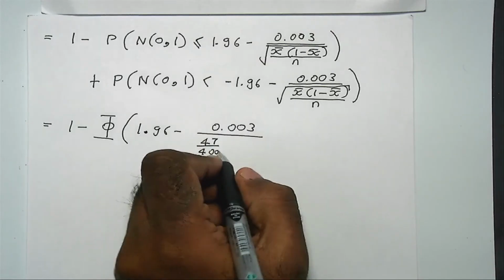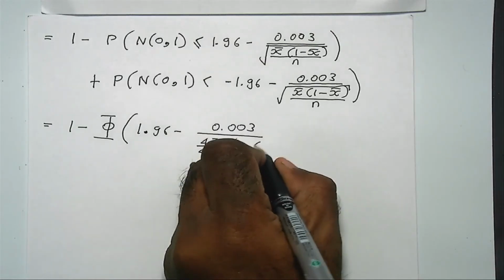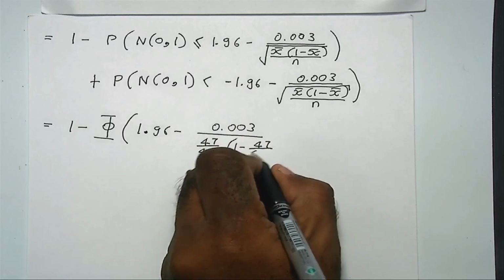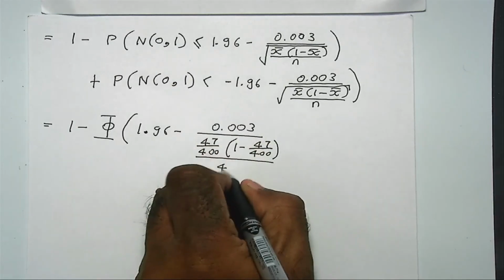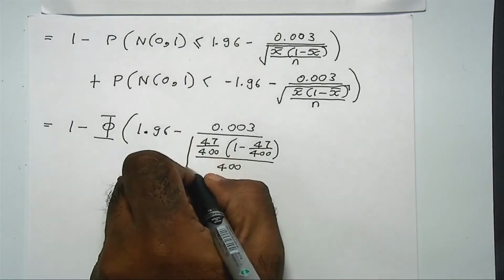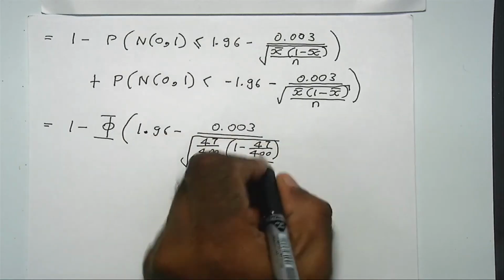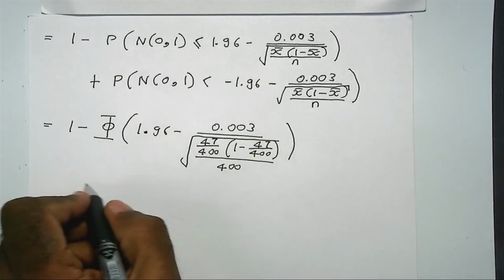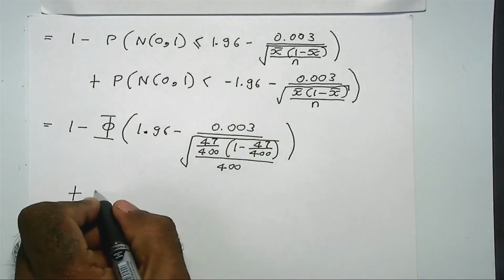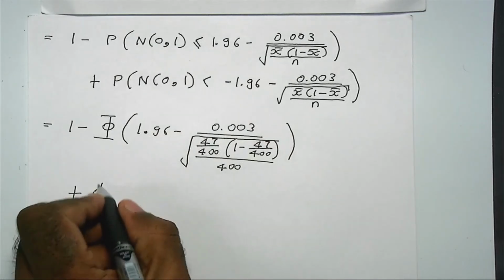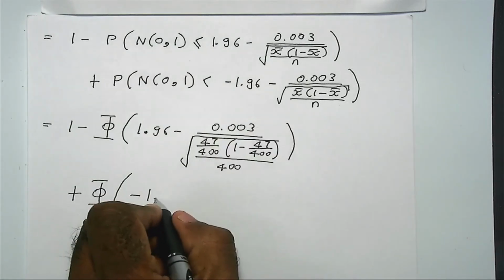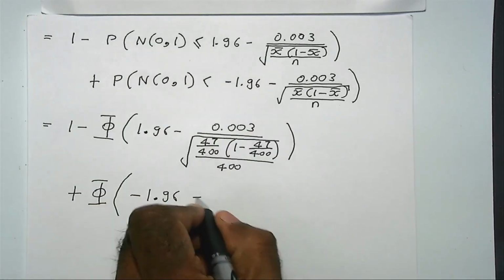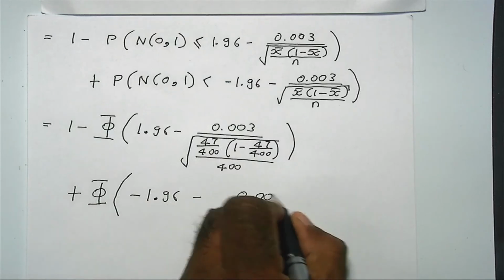Okay, and 1 minus x bar divided by n, which is 400. And this term here similarly, minus 1.96 minus 0.003